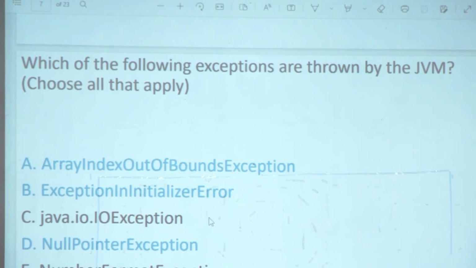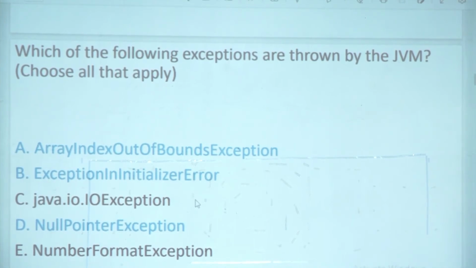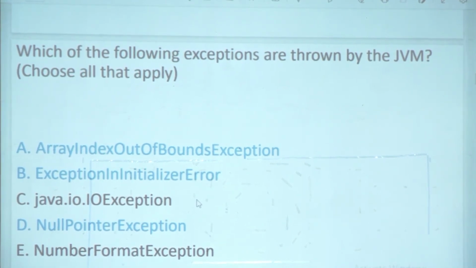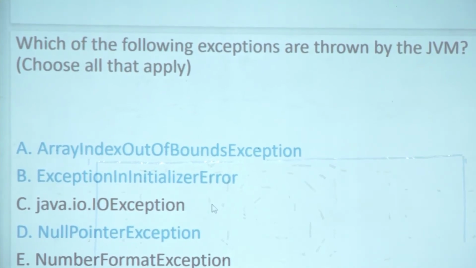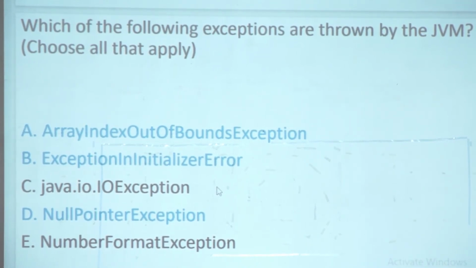One is IOException, when you're dealing with files. That's not related to the operating system. Then NumberFormatException is when you're trying to convert a string into an integer, like ABC. You're trying to convert it into an integer. It won't happen. 1, 2, 3, if it is in string form, can be converted into integer form. So if you're trying to convert an alphabetic string into an integer, it won't work. But an integer string can be converted into an integer. So that is when you get a NumberFormatException.